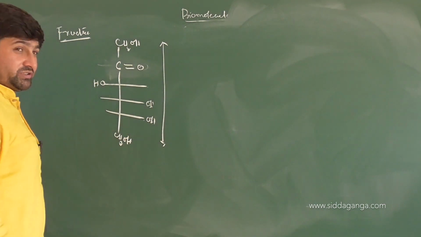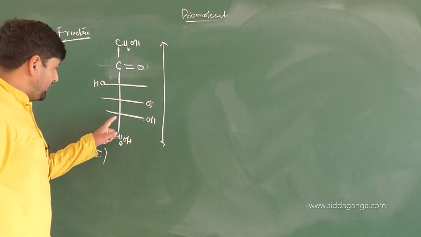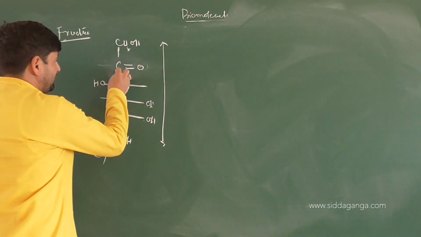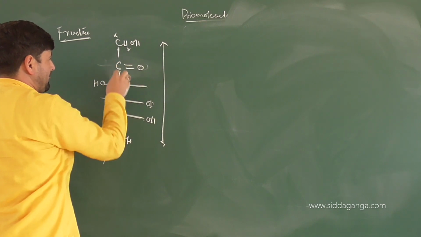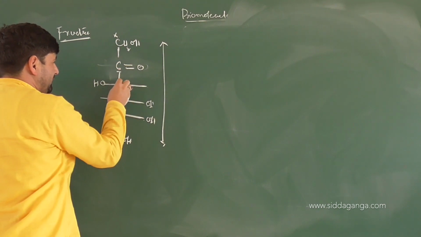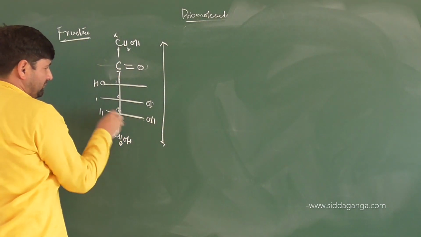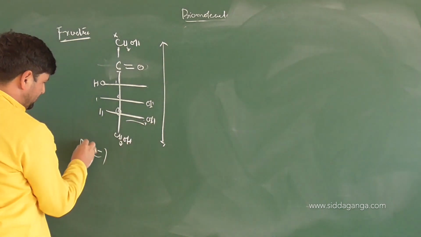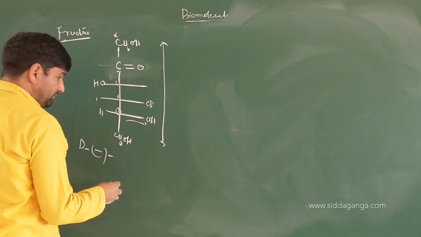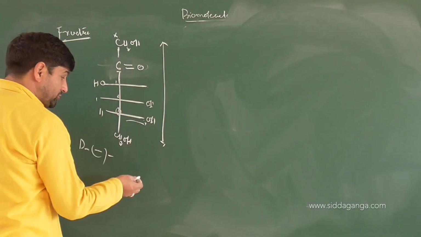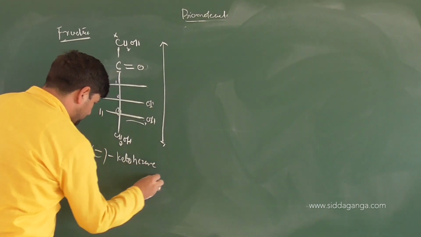Keep it in mind, fructose is levorotatory, so it is minus. Look at the relative position of the farthest chiral center. So this is not a chiral center now. The farthest chiral center will start from here, right? It will be chiral center number 1, number 2, number 3. This is the chiral center. Where is OH? On the right. So it will be D minus fructose, right? That's also an aldohexose or ketohexose now. Ketohexose, it should be very easy.